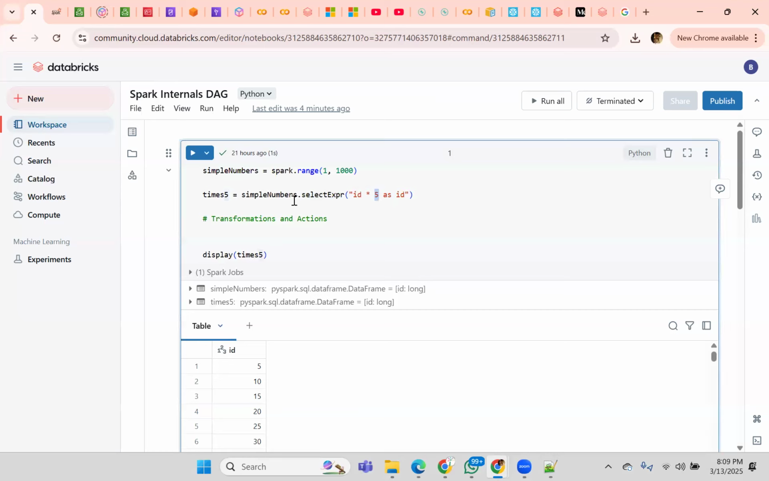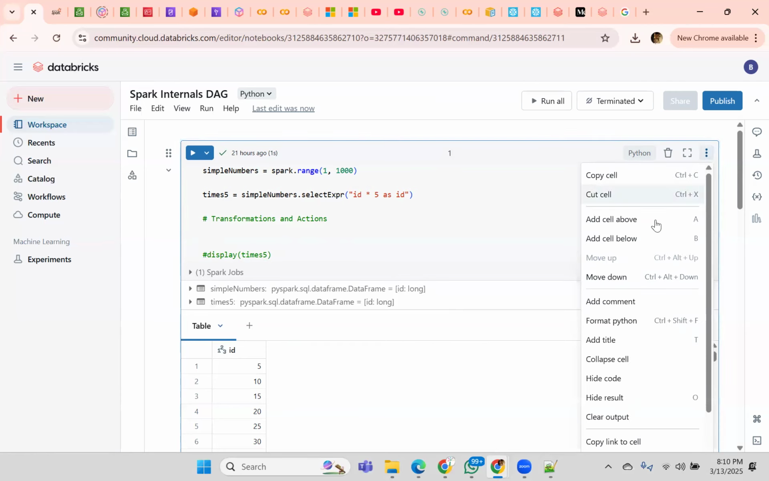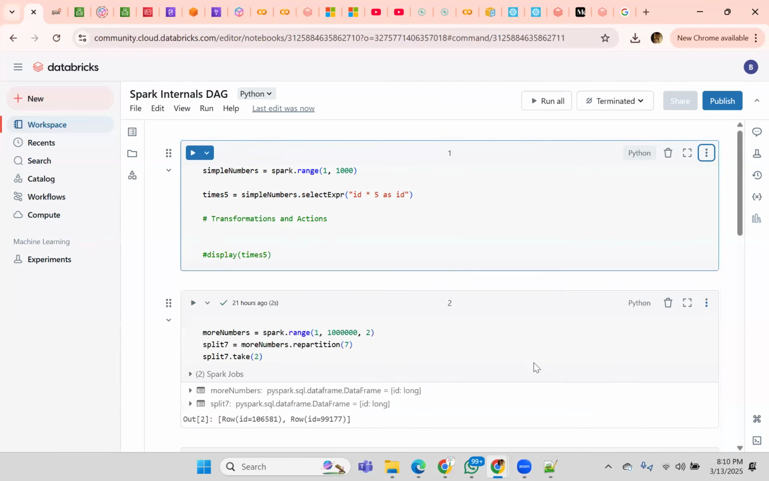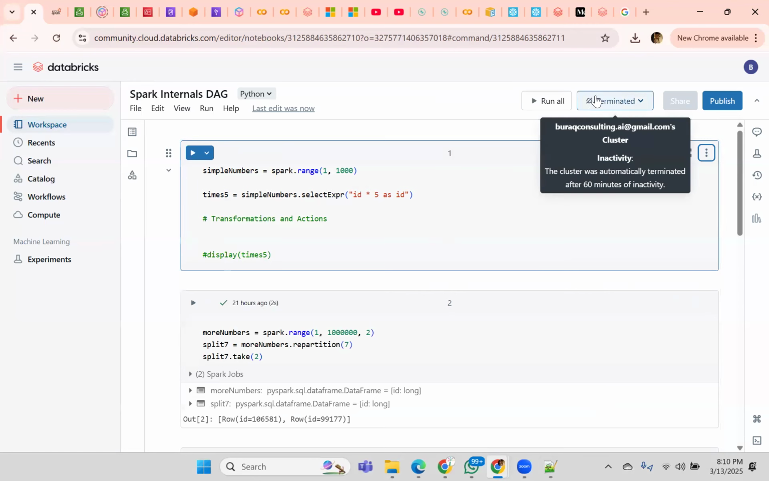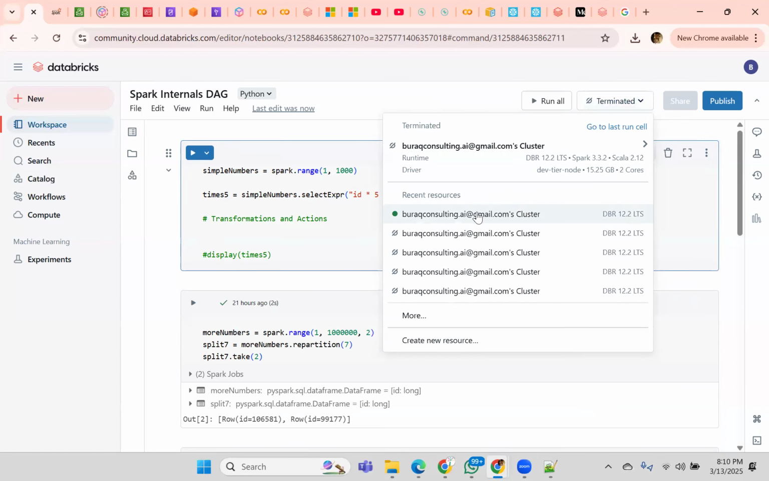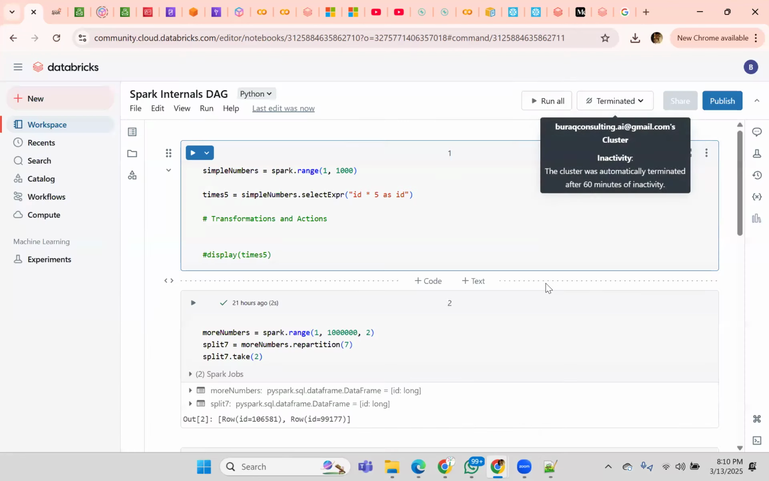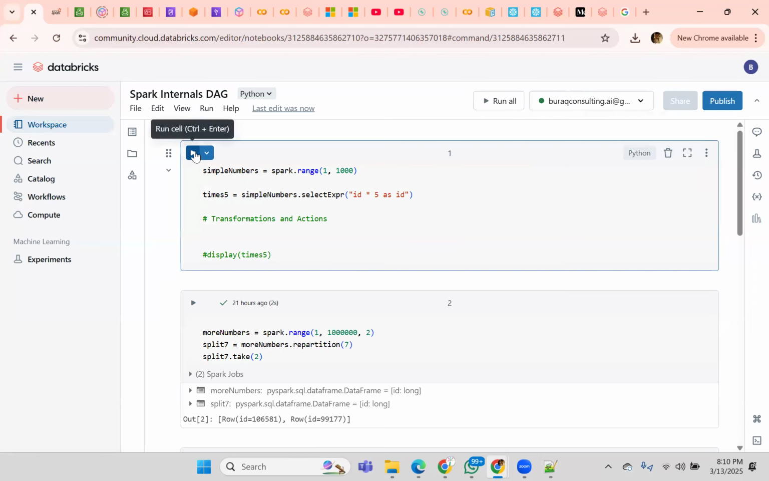This is the expression that you use. It will go through the data frame, each element, and then multiply by 5. So this multiplication is again a transformation. There is no action. Okay. So if I don't display and run this, if I run this,